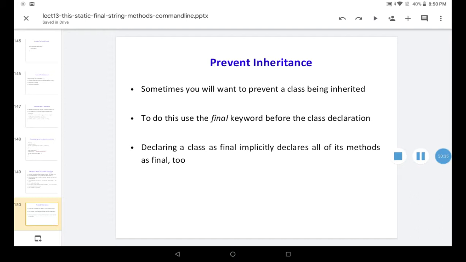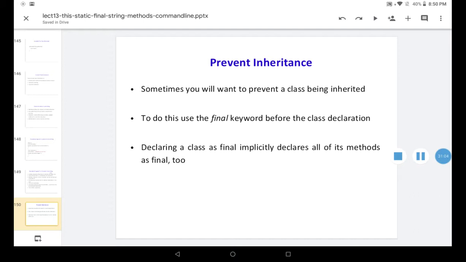When a class is declared as final, that class is prevented from inheritance. That is a final class: no more adding features to it, no more deriving from that particular class. Declaring a class as final implicitly declares all of its methods as final too.